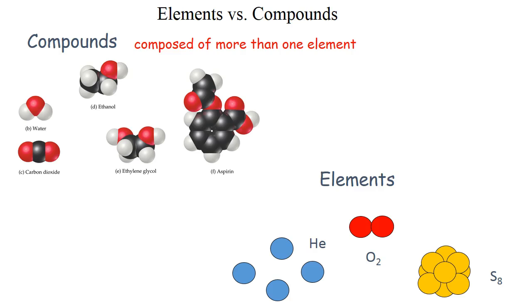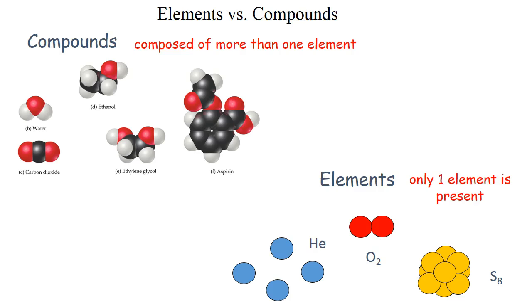So the different colors of the different spheres represent different elements. Oxygen is shown in red. That's almost always the color we use. Hydrogen, like usual, is shown in white, and carbon, like it usually is, is shown in black or dark gray, like you see here. Now, in contrast with that, elements in the lower right-hand corner are composed of only one type of